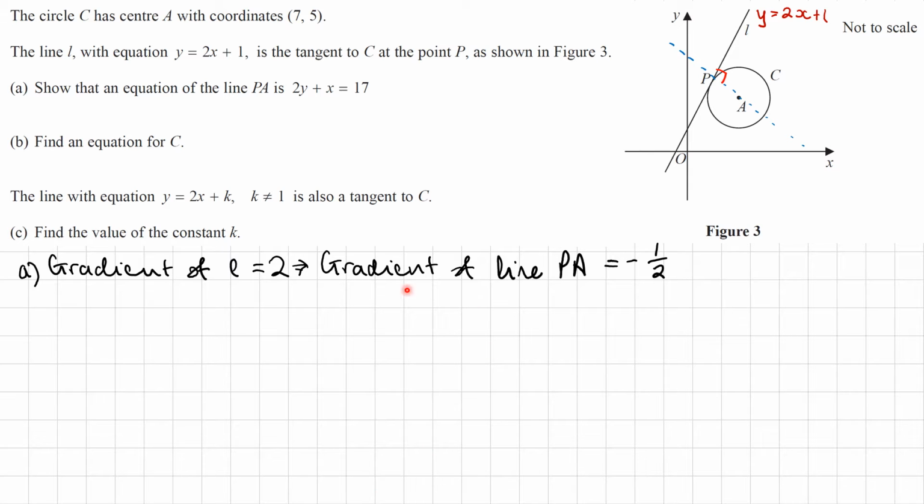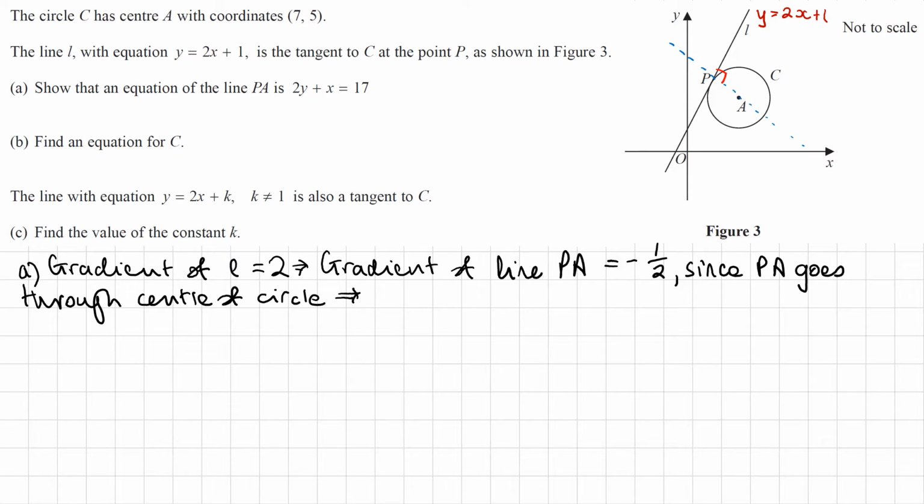So since PA goes through the center of the circle, that means that we can write down the equation of its line using y minus y1. That's going to be y minus 5 is equal to m, so that's negative 1/2, x minus x1, and that's going to be